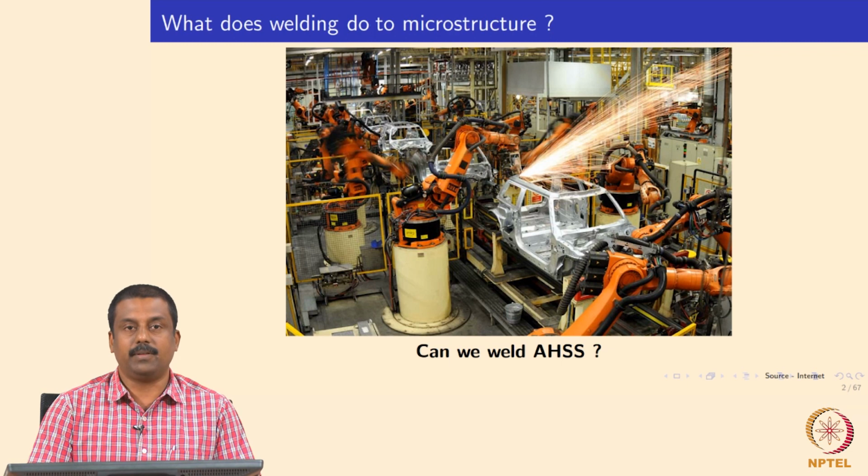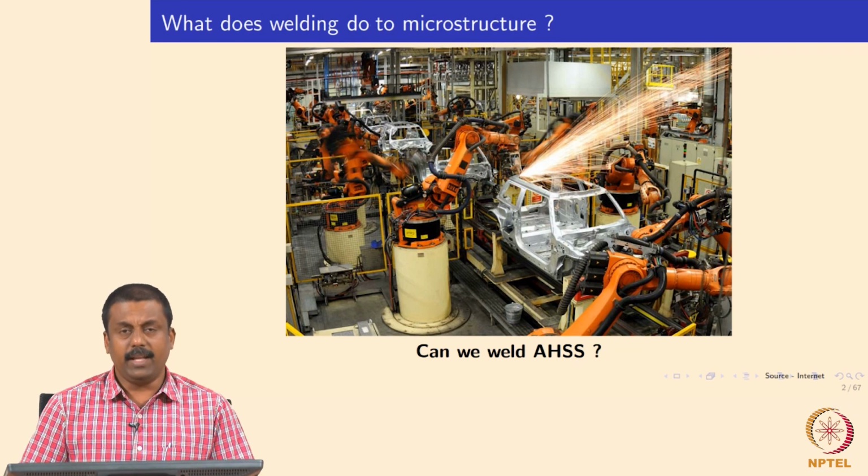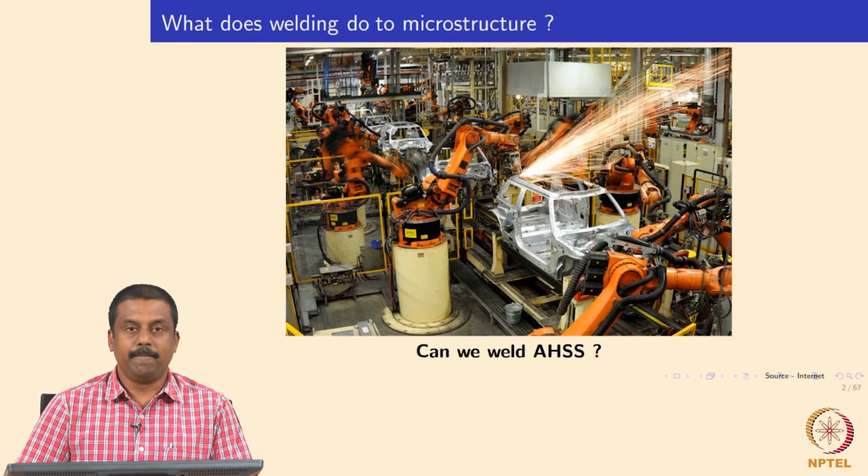So we have to adapt various thermal cycles to generate such a beautiful microstructure which can give high strength and reasonable ductility. And we look at now how a typical weld thermal cycle is going to affect those microstructures. Can we save those microstructures so that the weld properties are equal to the base material property, if not even better than the base material property?